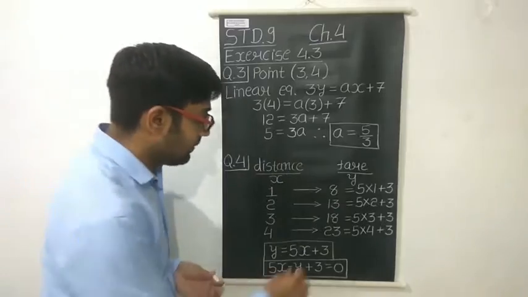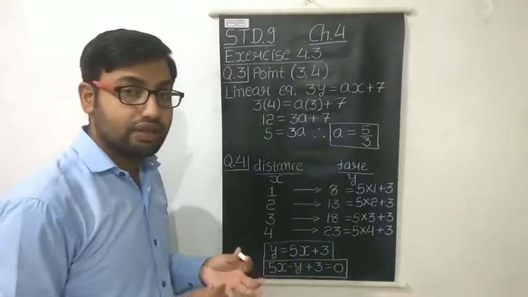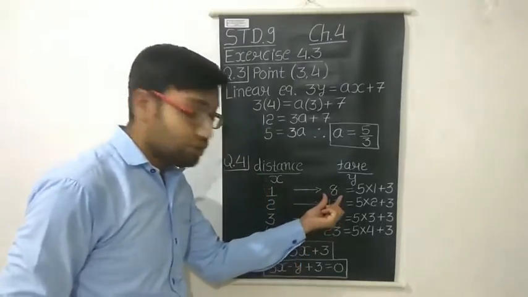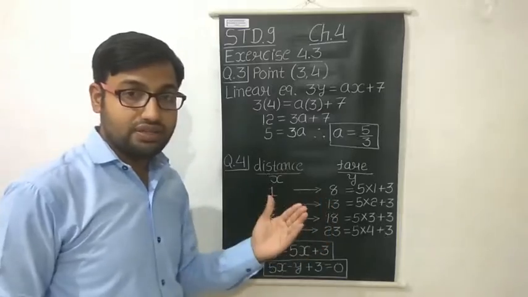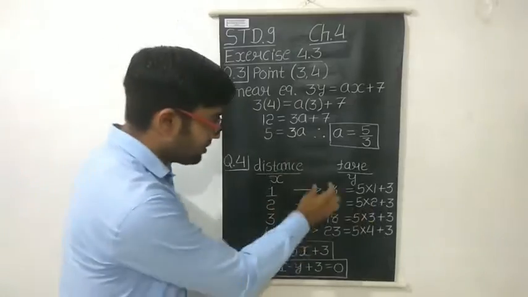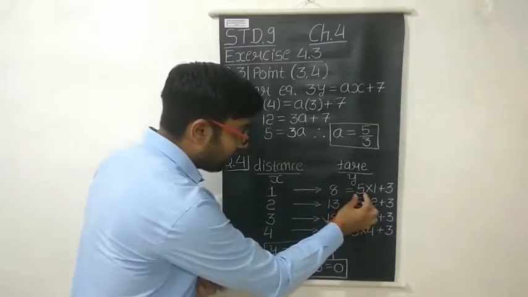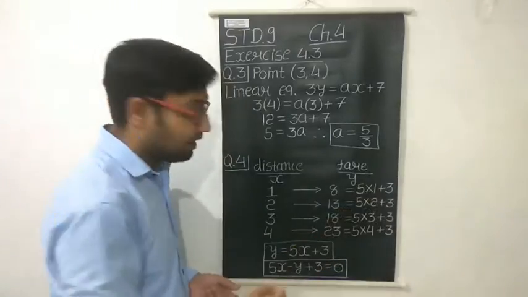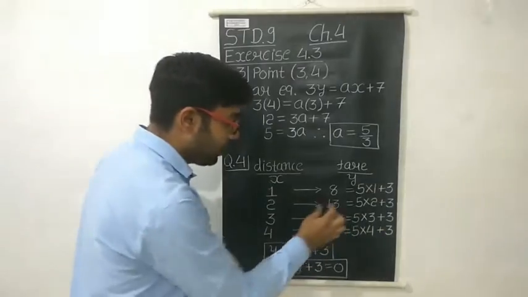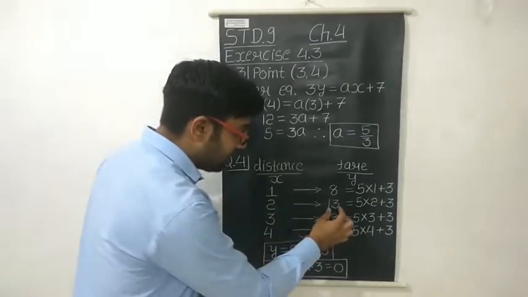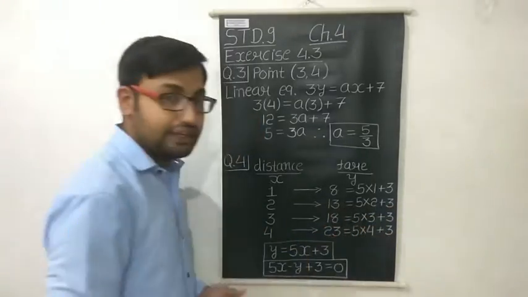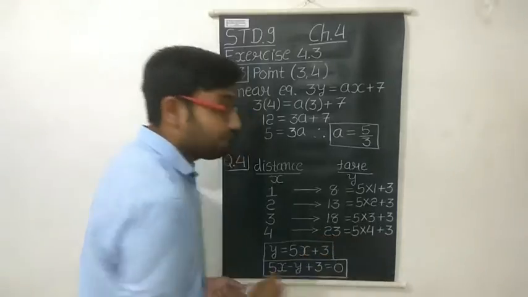So let us understand it. How can we write down 8? See, one thing here is that every time after the first kilometer 5 rupees is added. That means we can take the 5 outside from this number. If we take 5 into 1 plus 3, we can write down 8 as 5 into 1 plus 3. In the same way, how can we write down 13? We can write 13 equals 5 into 2 plus 3, 18 as 5 into 3 plus 3, and 23 as 5 into 4 plus 3.